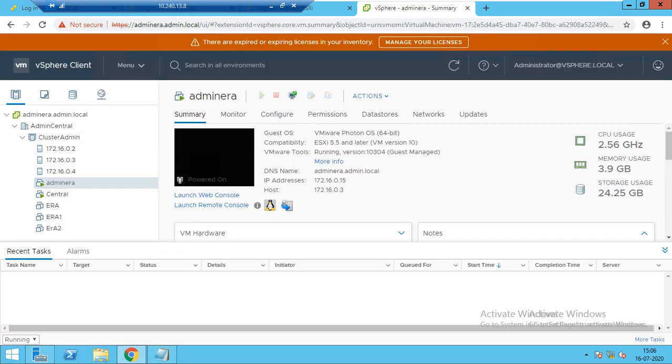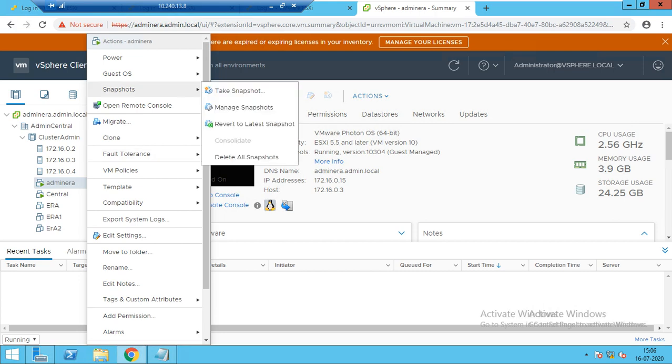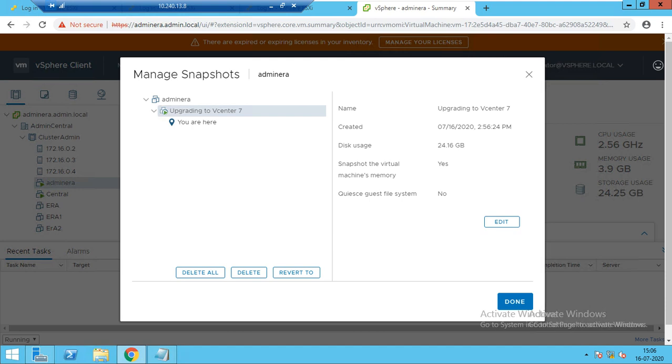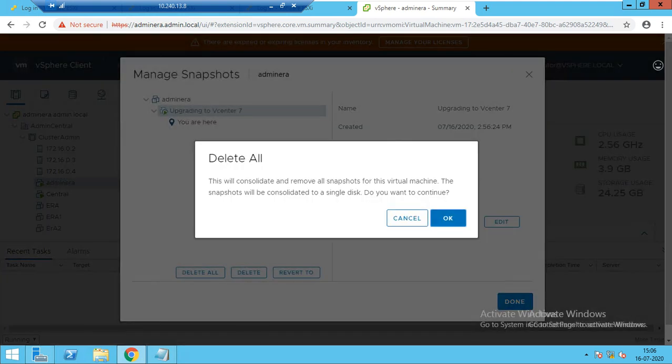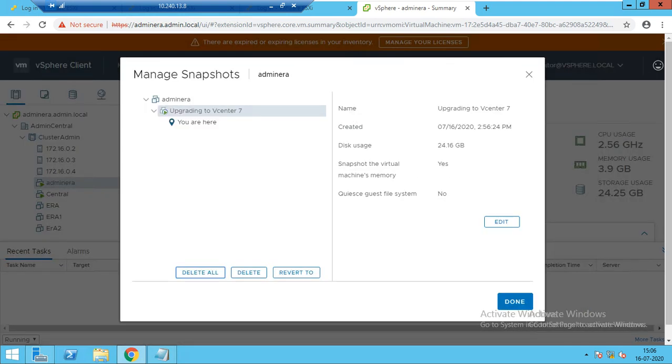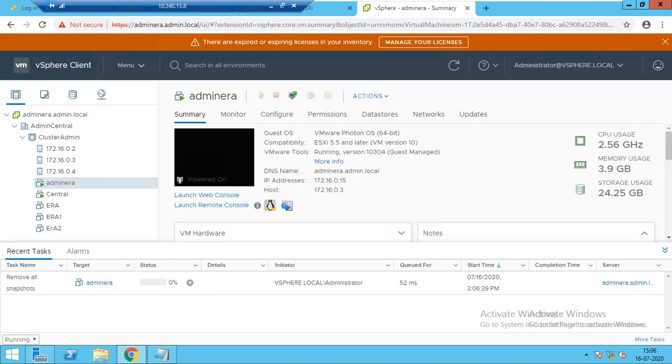For deletion, just right click, go to Manage Snapshots, and just click Delete All. Just click OK and then done. After some time it is getting deleted. You can see the deletion process has started. It shows about 32, 33, 34%.